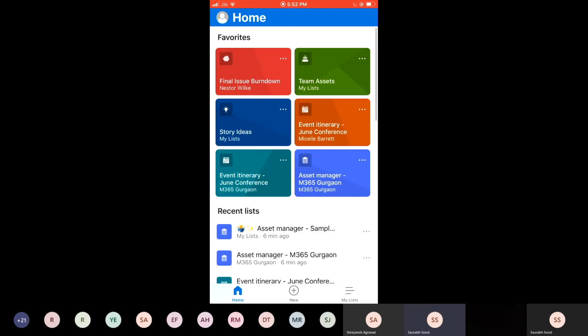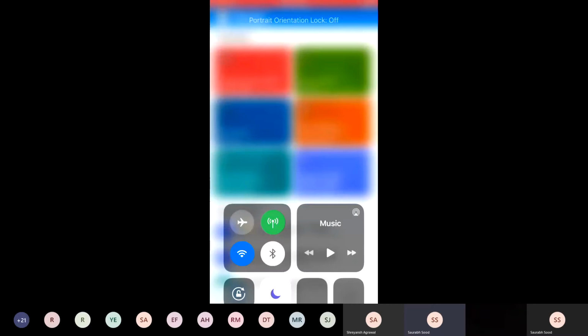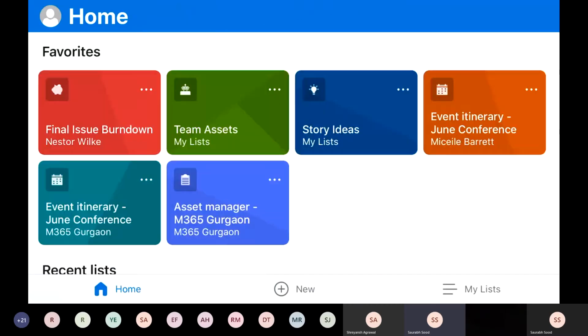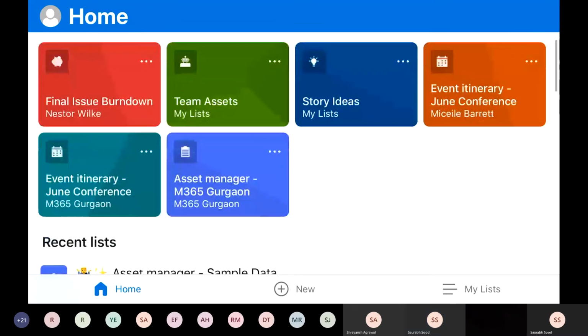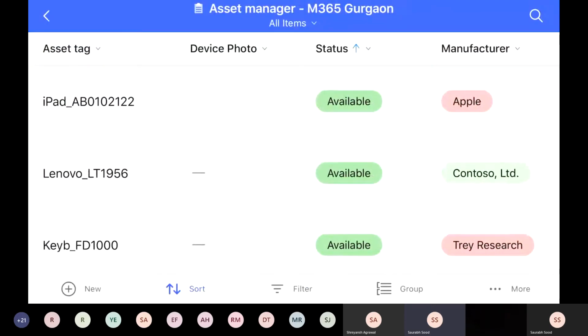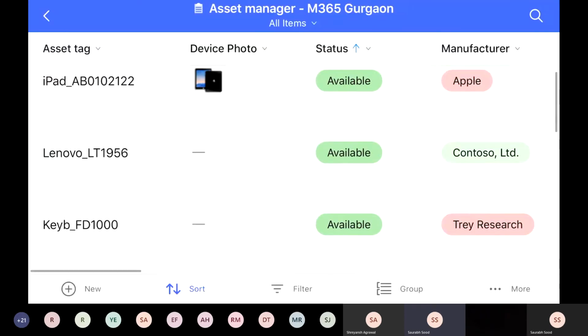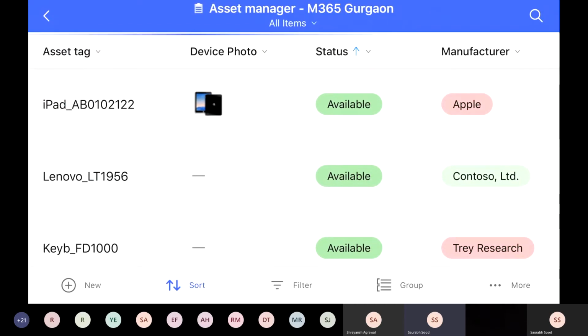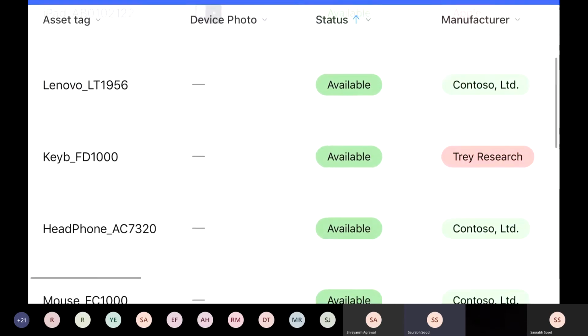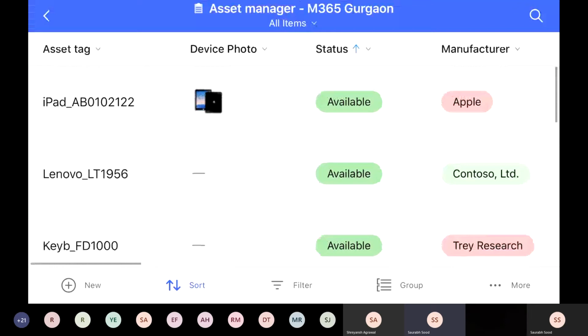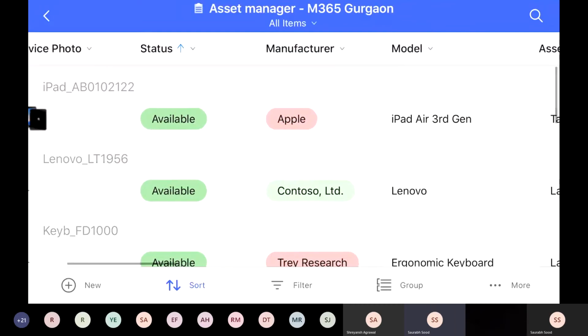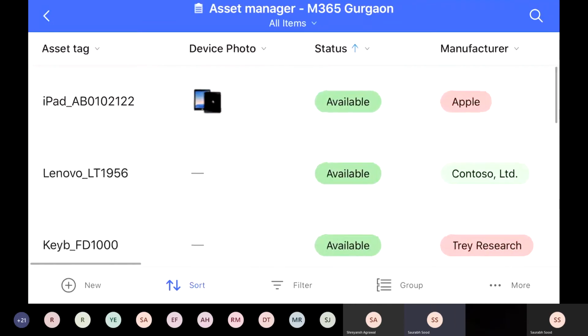So you find the scrolling and the performance very smooth. It works both in your portrait mode and your landscape mode. Let's open the same list here. So you look how instant that experience is, because this list is already cached. So you really don't need to wait for any server calls, which happens with web experiences. It's really fast.